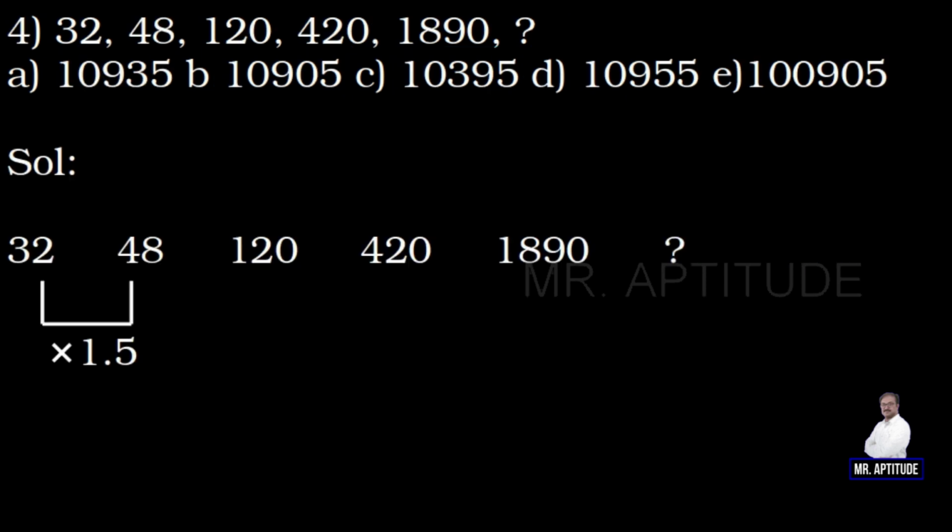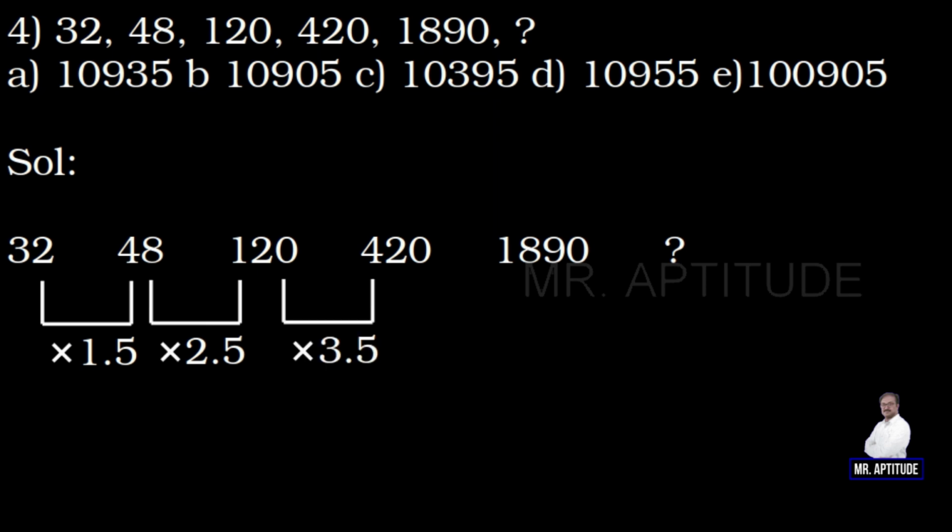Question number 4. 32 and 48. 48 lies somewhere between 32 and 64. 64 is nothing but 32 2 times. So 32 into 1.5 is 48. 48 into 2.5